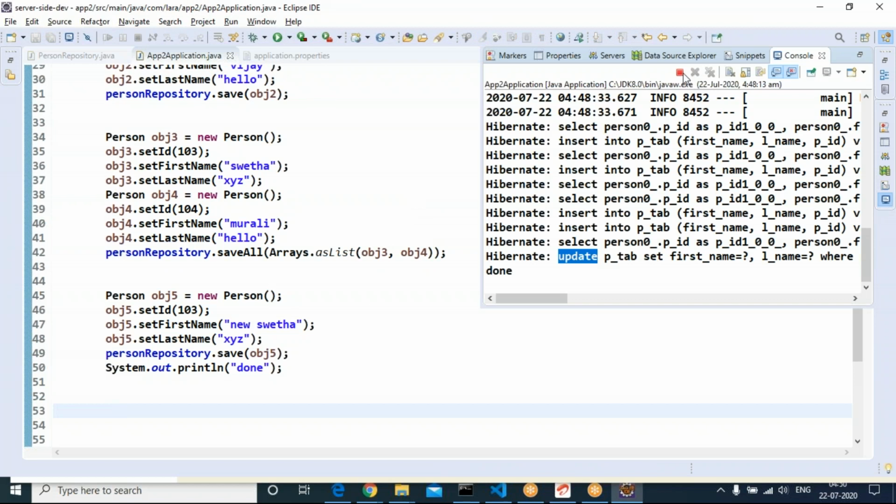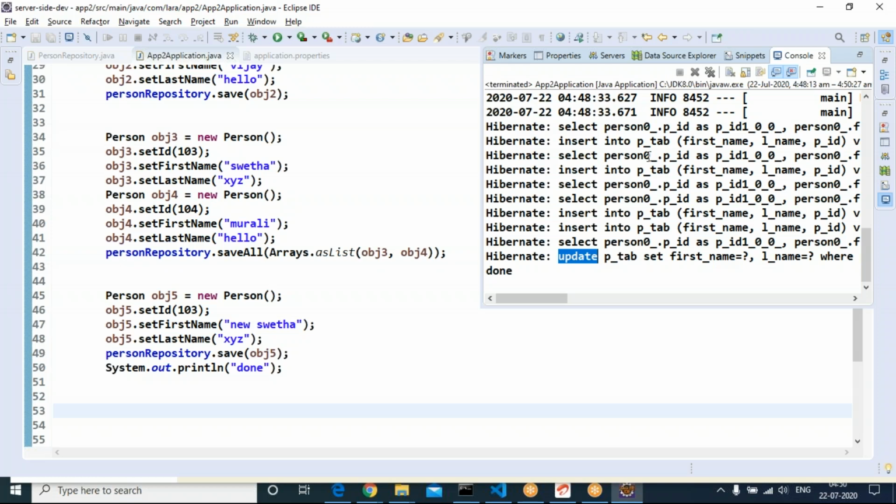Remember, whenever you stop the application, the total memory is erased. Our database is an in-memory database. Our database is available in the memory. Whenever you stop the application, the total database is erased.